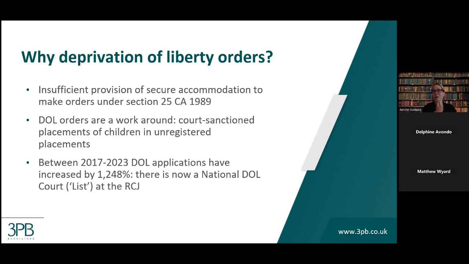There are 157 places that are available currently. And there are 59 children being accommodated in those placements by the Youth Custody Service. So this leaves less than 100 places available nationally